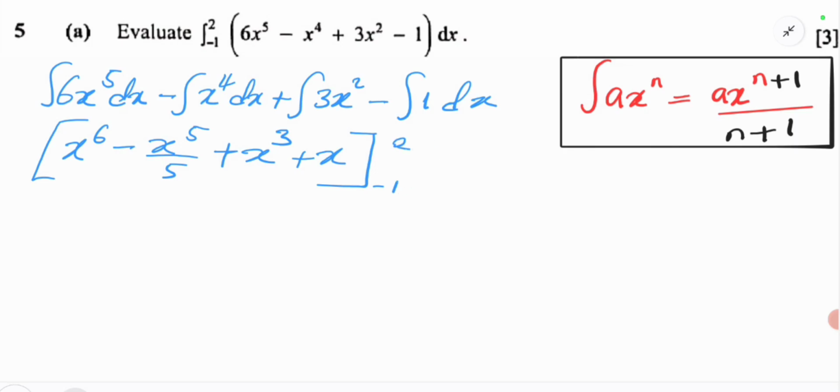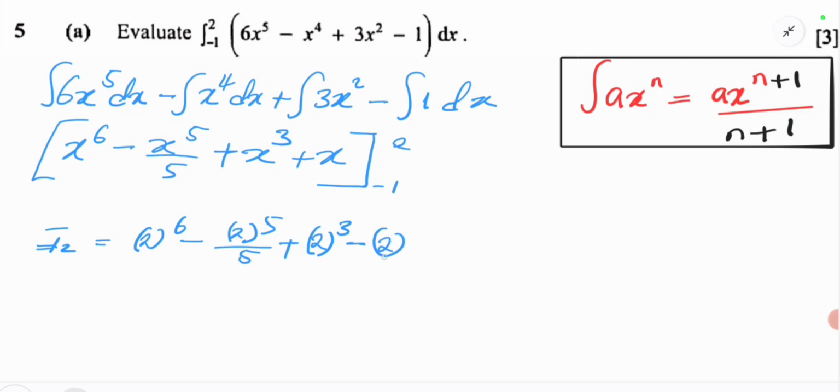So to work our way through to the final answer, where we are going to evaluate the final value, we're going to replace this value in this new expression that we got by integrating. So the integral of 2 is equal to, I'll replace 2 in this expression. So this is the upper limit. I'll start with the upper limit. So I'll say 2 to the power 6 minus 2 to the power 5 over 5 plus 2 to the power 3